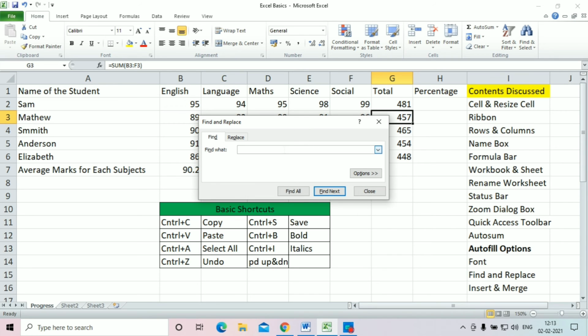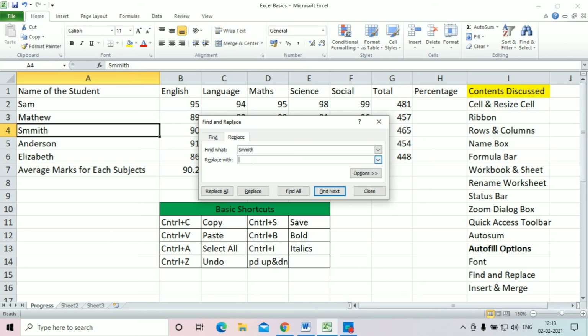You need to fill in the name, like SMMITH. This was the thing which went wrong, and it has found where the Smith is. You need to replace it with SMITH. This is the correct spelling, this was the wrong spelling. So you have to find SMMITH and replace it with SMITH.